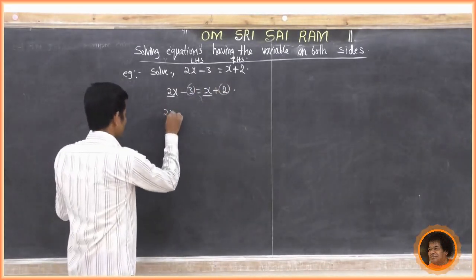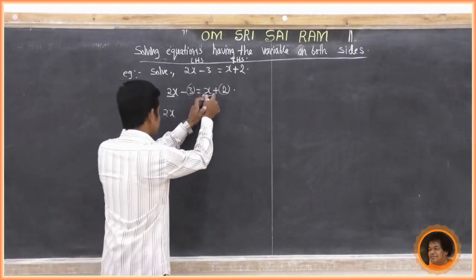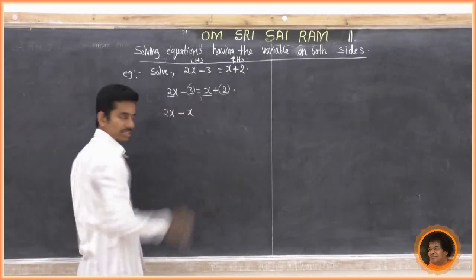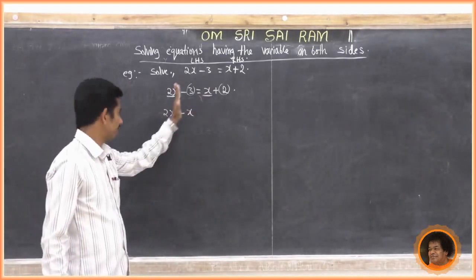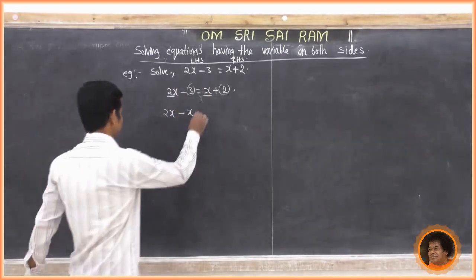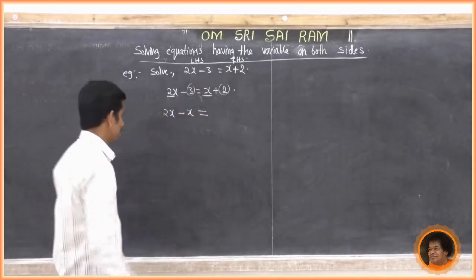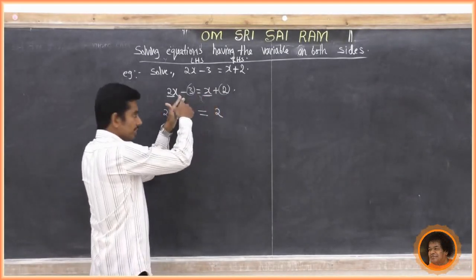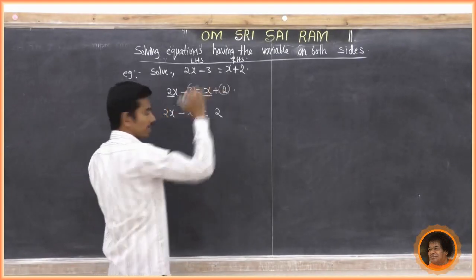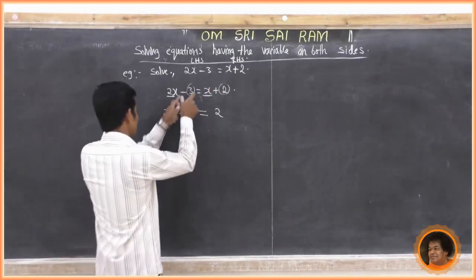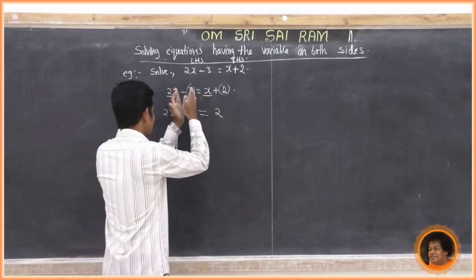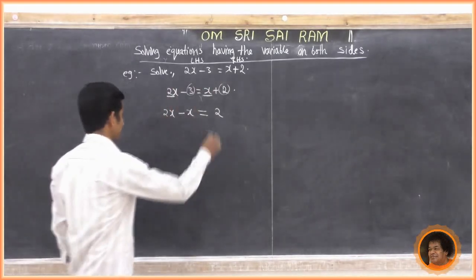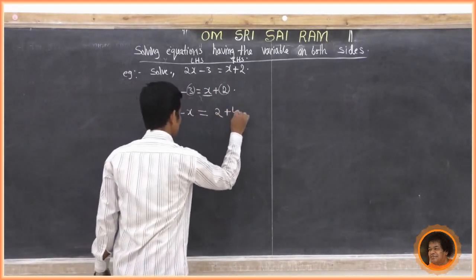Now 2x as it is. Bring x to the left hand side. Now it is plus, so it becomes minus when it comes to the left hand side. After that, the equal symbol. Then here it is plus 2. x is brought to the left hand side. What is left in the right hand side? Only 2. Now minus 3 and 2 are like terms. Bring the minus 3 to the right hand side; minus becomes plus.